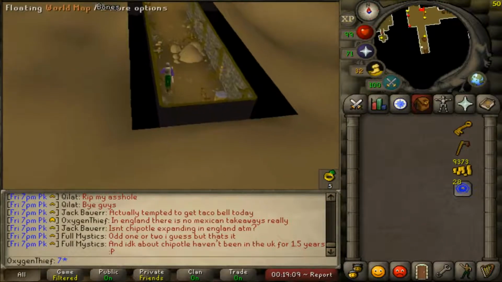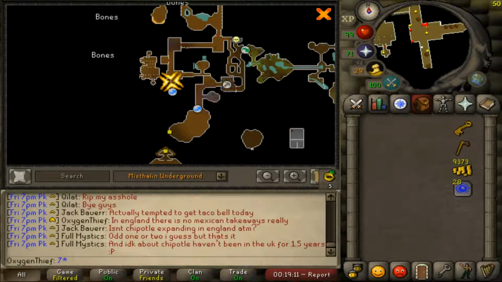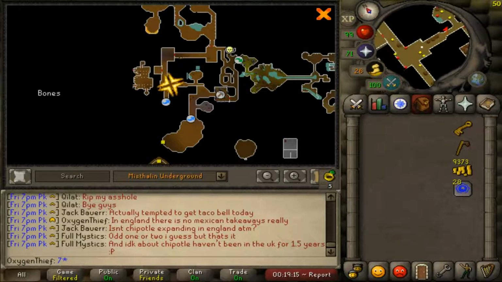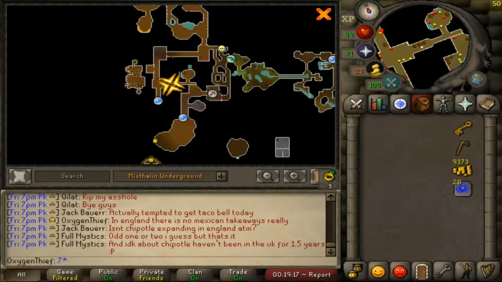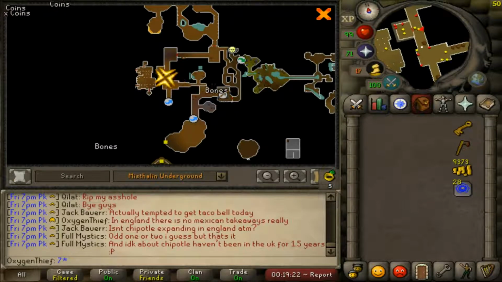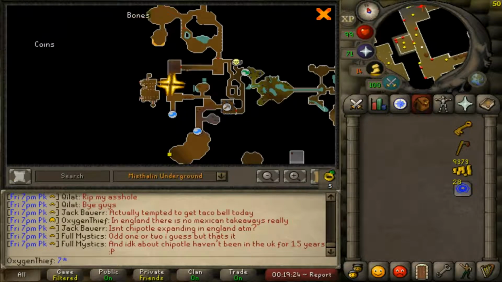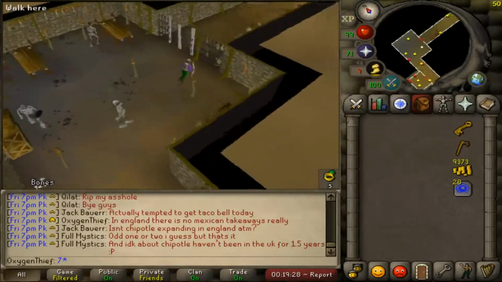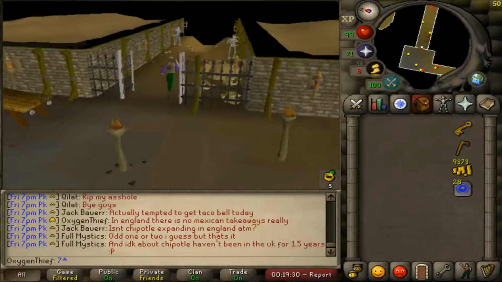Now although there is some wilderness here, some of it you can get through. Now I think that this way is blocked off. So what we're going to do is you're going to have to walk around here. So up here, this clip's going to be a little bit longer than I wanted it to be, but you carry on walking, you go through this gate, so you come north and then run